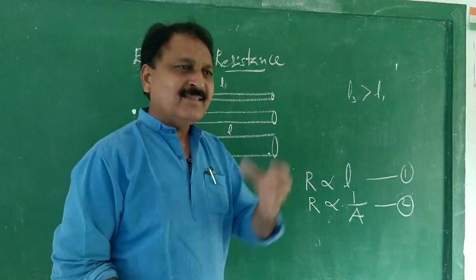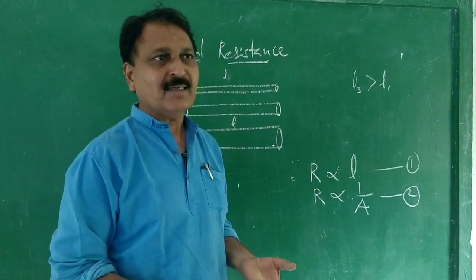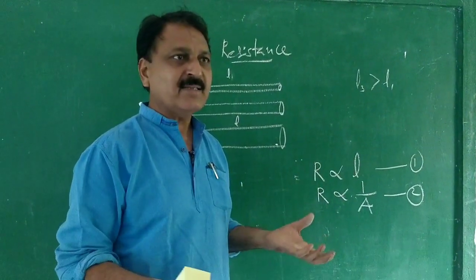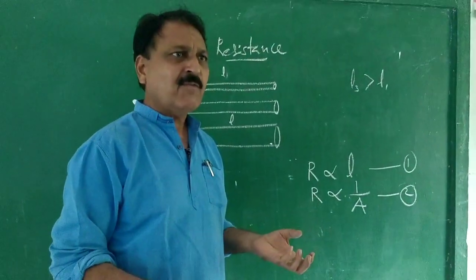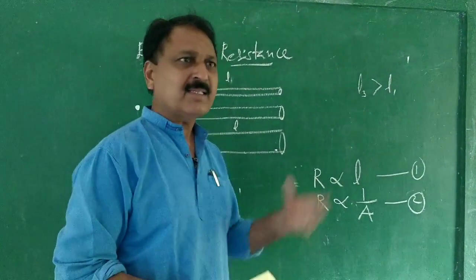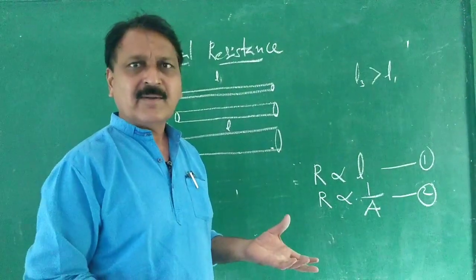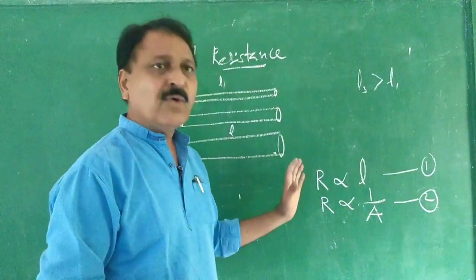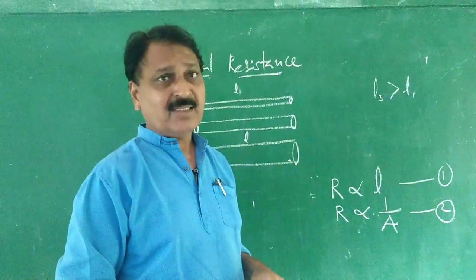Third point, the resistance of a conductor is a property of the particular material. Some materials offer high resistance, wood, plastic, like this, the materials will offer infinite resistance. They will not allow the current to flow through them. Whereas copper, silver, all metals are very good conductors, so they will offer very low resistance. So depending upon the nature of the materials, the resistance differs.